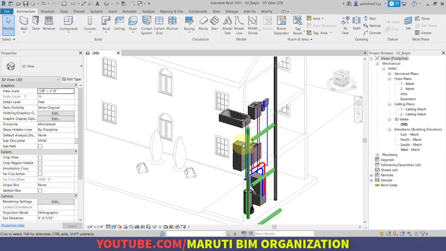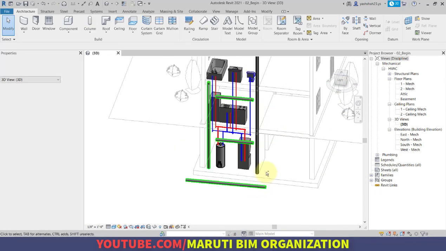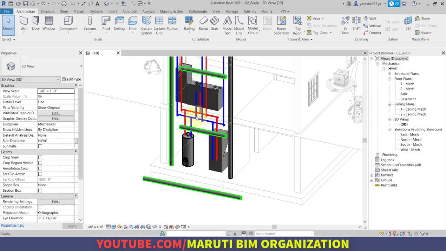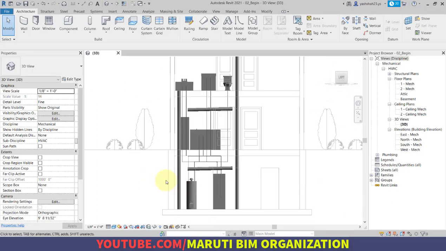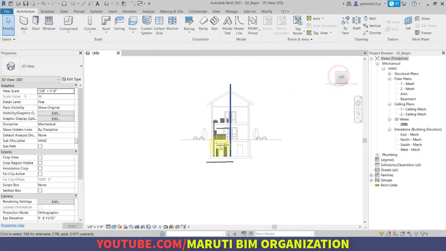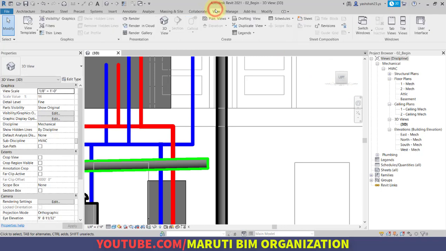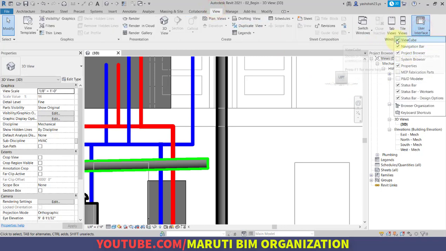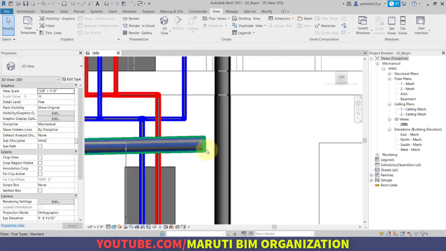So we will open the 3D model. This is our 3D model, and we have modeled up to this point so far. I will go to the left elevation view, or directly click on Left from the view cube. If you are not able to see this view cube, you can go to the view user interface and turn on the view cube in the 3D view. In the plan view, the view cube will not be visible. It will be visible only in the 3D view.